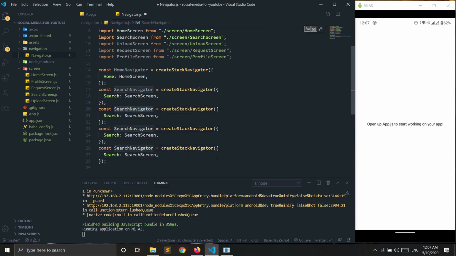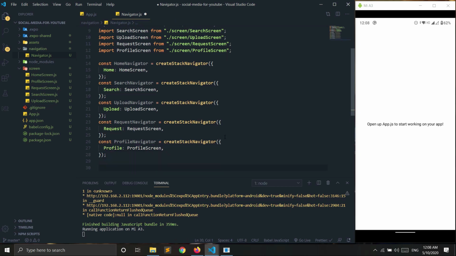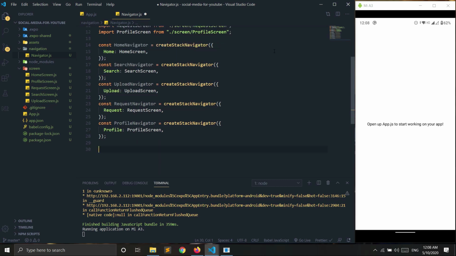We need five, so I just copy and paste. The last one will be our profile navigator. So I've created five stack navigators, and now we need one bottom tab navigator.